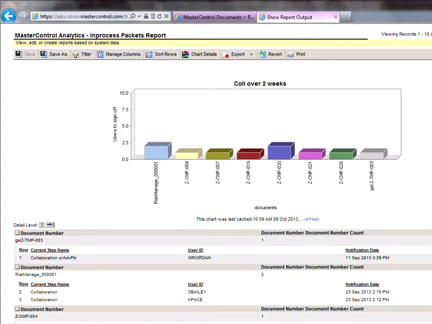Also with charts, I can do drill down charts. So if I want to drill down and get more data out of this, I can do that using a drill down chart. To do that, I have to create another column. So if I want to drill this down and see actually who still needs to sign off on this,